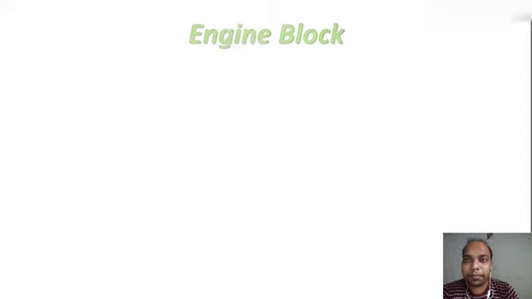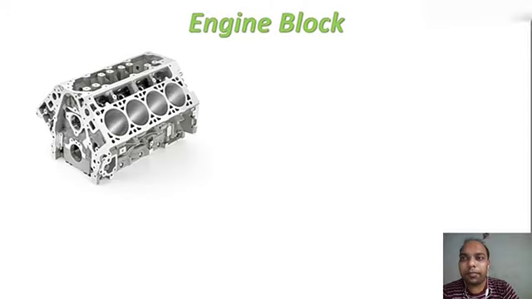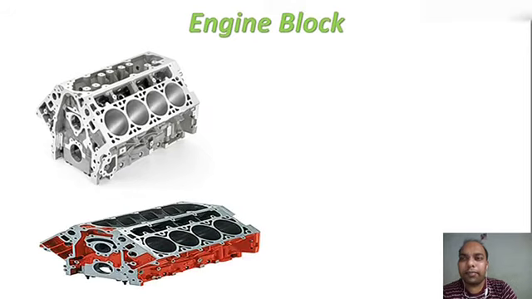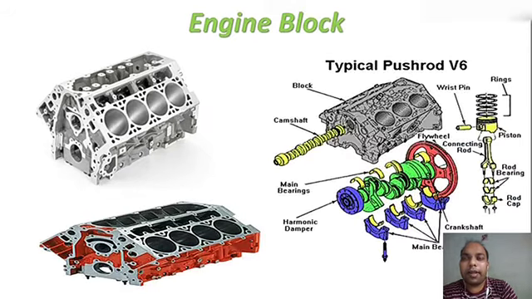Next, it is the engine block. It is generally made from metal casting, and other parts are installed onto it. For example, the block, camshaft, main bearing, harmonic dampers, crankshaft, flywheel, connecting rod, etc. First the casting is made, and different types of holes are drilled into it afterwards in order to achieve a superior finish of the engine block.